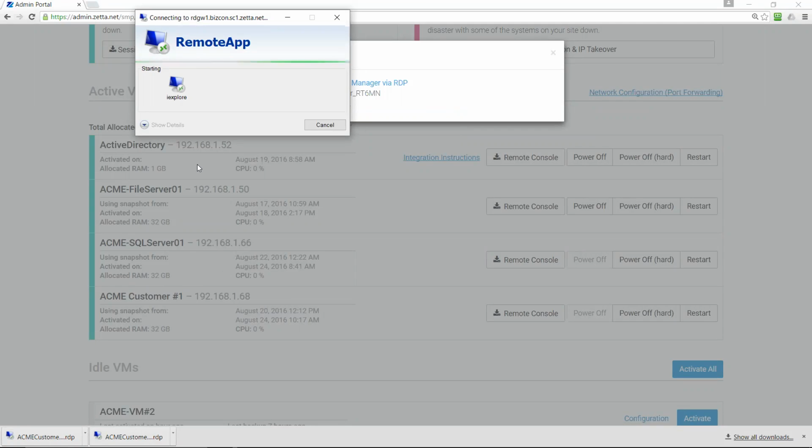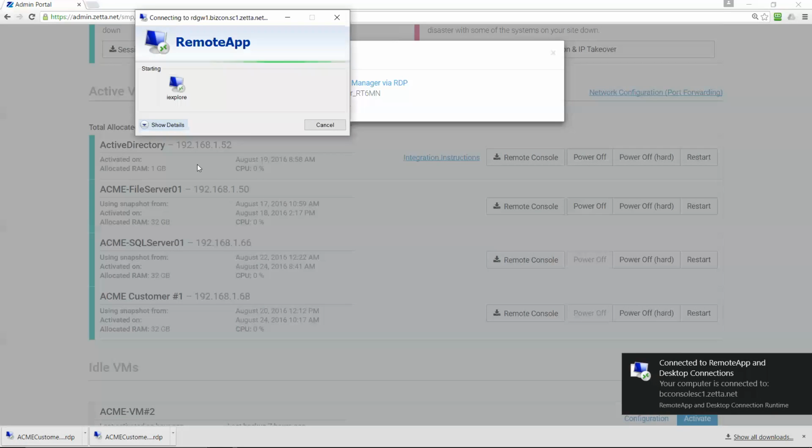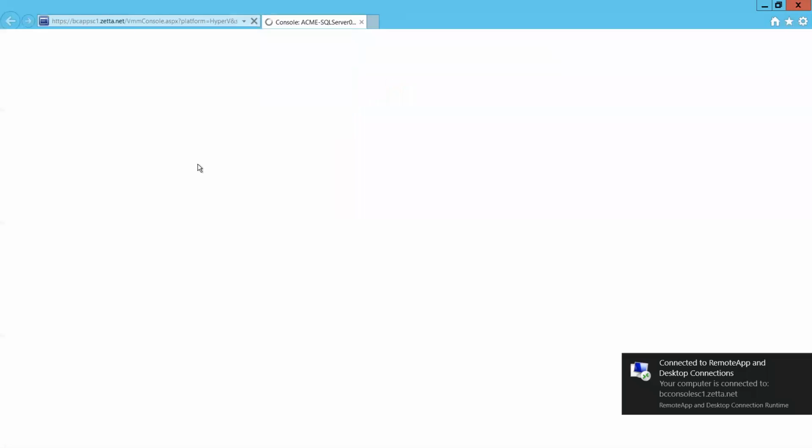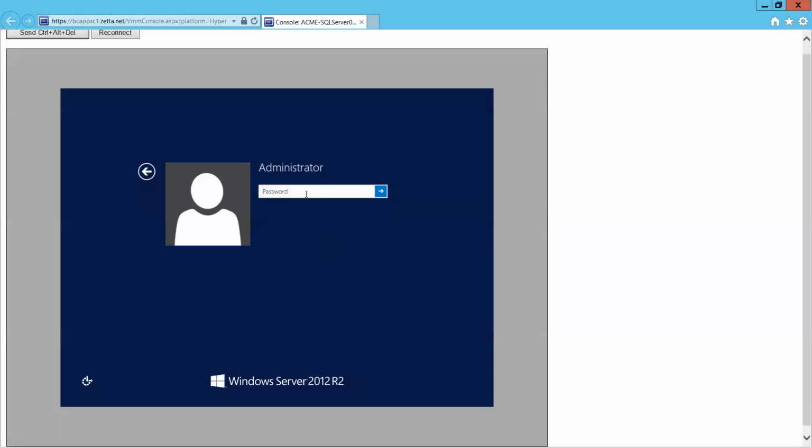Once it's up, we'll be able to access the SQL Manager and log into the local machine. It's worth noting this is an RDP session for the console. So even if your network configuration is messed up or something went awry in the activation, this is a true console, just as if you plugged a keyboard, mouse, and monitor directly into the machine, but delivered virtually.